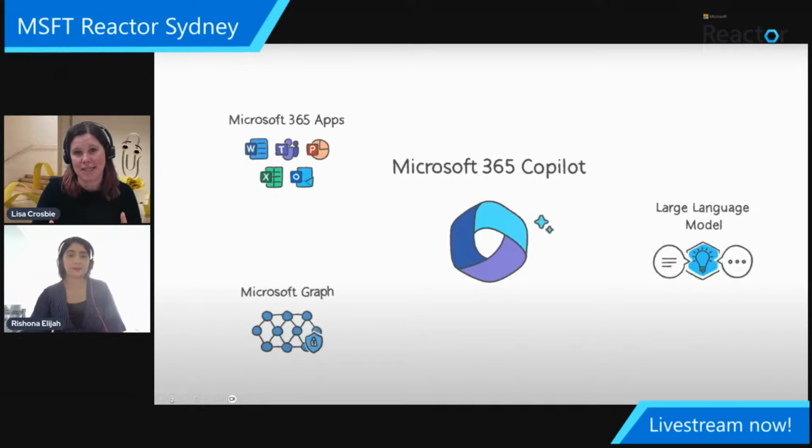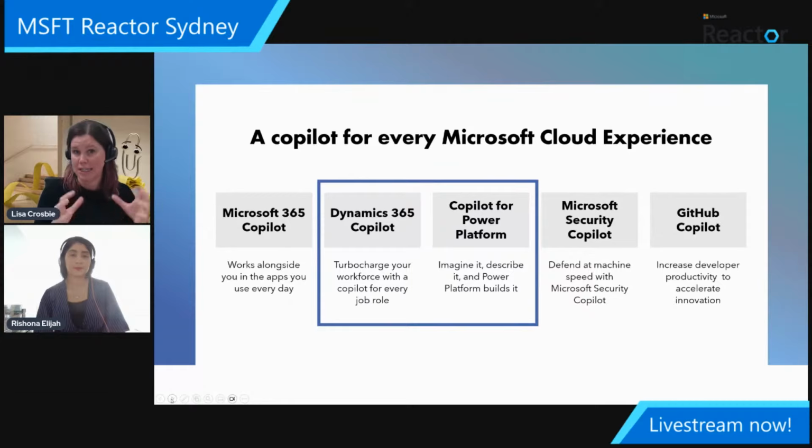So as we look through these things today, they are things that are working alongside you securely. Especially when we look at some of the sales things, you're not taking confidential client data or business data and putting it out into the world, which is what can happen if you're using ChatGPT. So Microsoft 365 Copilot, which we're not covering specifically today, is another whole suite of Copilot products that brings similar types of experience to generate content and help you with things into those Microsoft 365 applications, PowerPoint, Word, all of those things. There is some overlap here as well. But what we're going to be focusing on today is these pieces that fit within the business application stack.